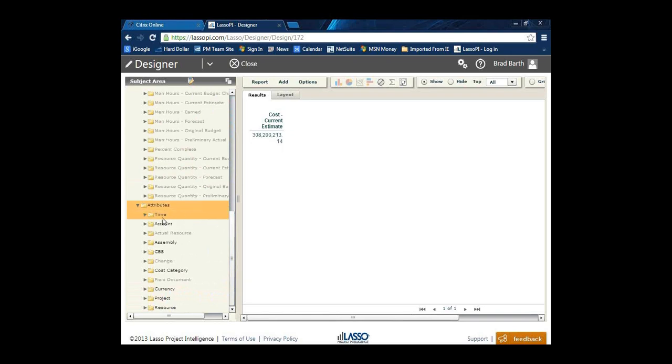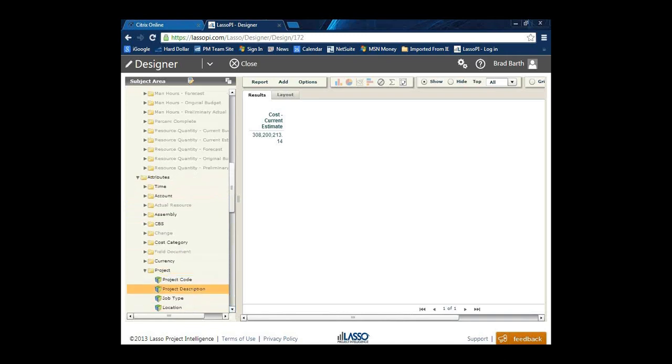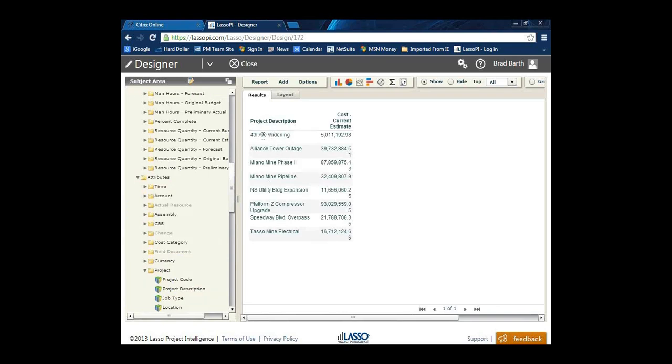I want to see it by, do I want to see it over time? I want to see it by project. So let's use our project description. Again, just double clicking on it. Now it's listed in our projects, and now I can see those projects by their current estimate by each one